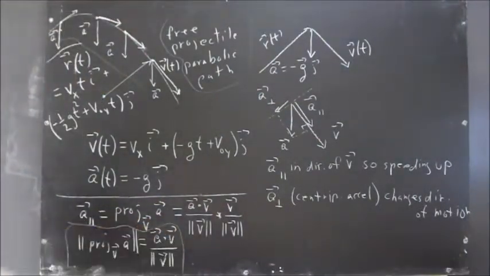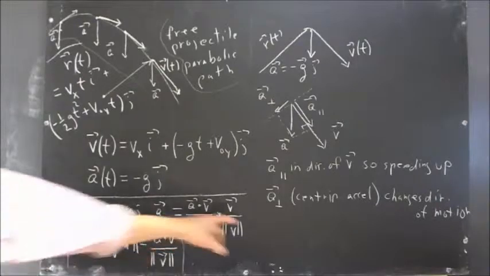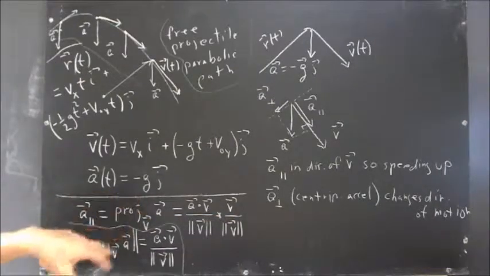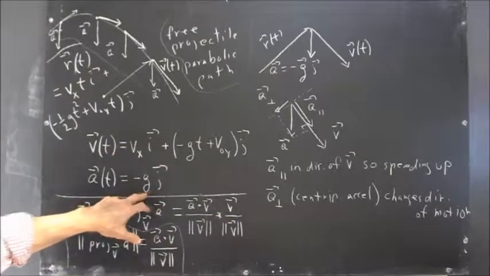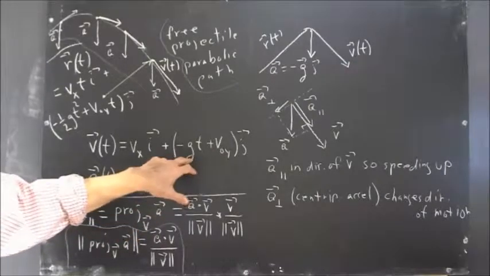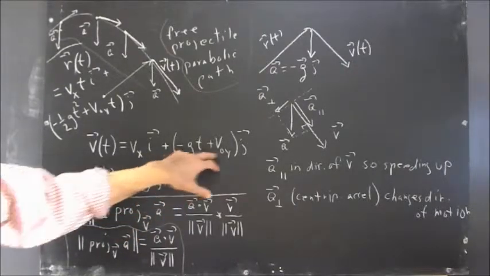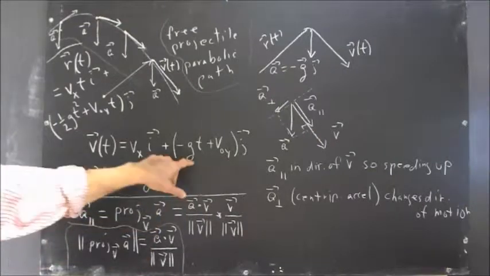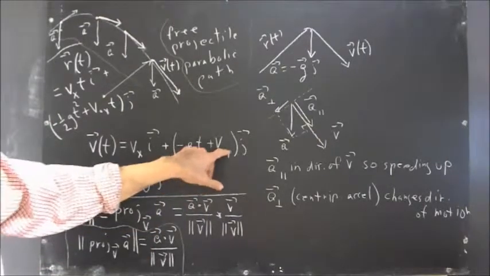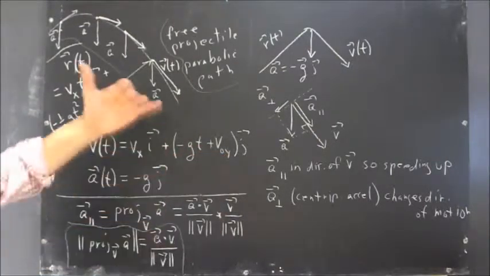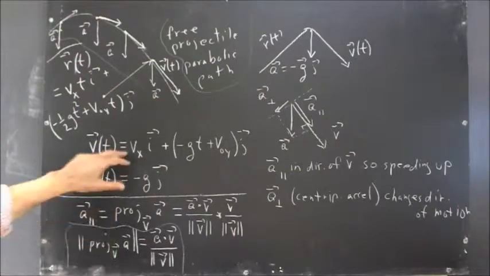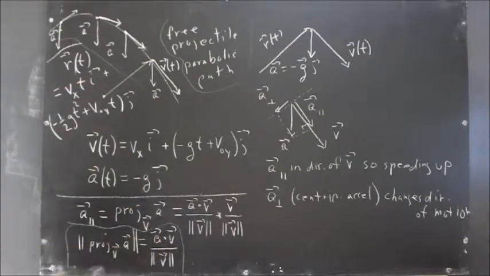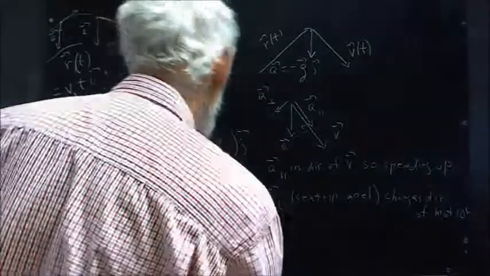Okay, well, there's our projection vector, and the projection's easy to calculate. We just dot A with V. What's that? It's going to be G times negative G times negative GT plus V naught T. It's going to be G squared T minus V naught G. And then we divide that by the magnitude of the V vector, and we get the parallel component of the acceleration. To get the perpendicular component,